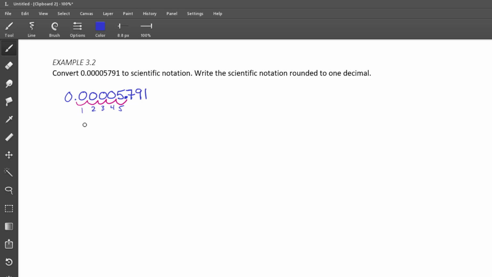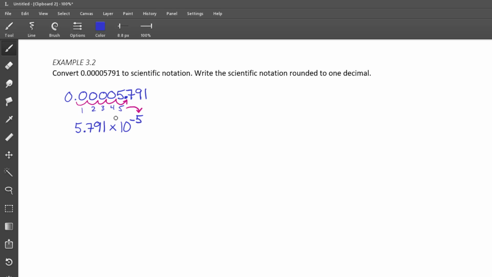All right. So I'm going to rewrite 5.791. Like I said, I'm going to round in a separate step. Now, to move this decimal in this way actually requires us to divide by 10 at each point. To signify that, we make the exponent negative. So the number of steps from the original decimal place is still the number, right? So we went 5 steps from the original decimal place, but because we went in this direction, we have to make it negative.